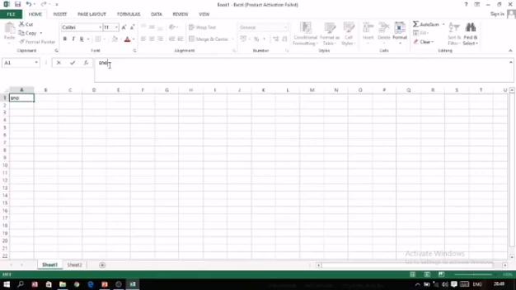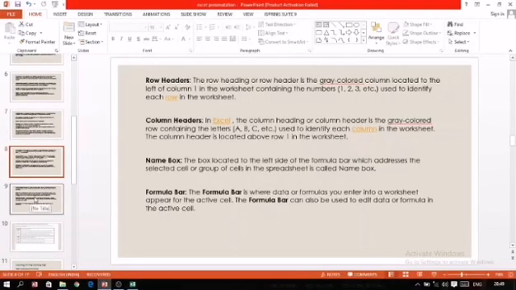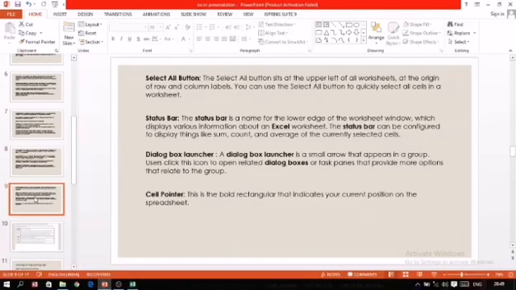So the formula bar is used for entering and correcting formulas. As you press the enter key, it is entered in the worksheet. Now I'm in the next cell, B1, and I want to write name in the cell, so I'm typing in the formula bar. As I type in the formula bar, the same information is entered in the cell. So values can be entered in a cell by using the formula bar, and if we have written any formula, it can be updated or changed easily using the formula bar.